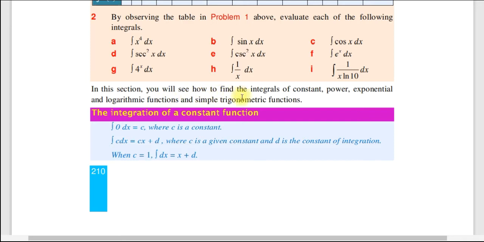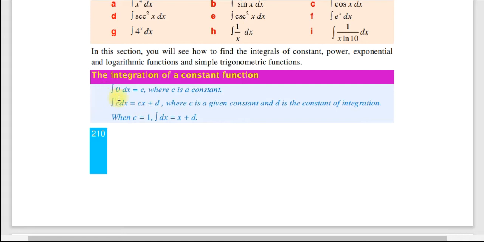Okay, so in this section you will see how to find the integral of a constant, power, exponential and logarithmic function and simple trigonometric function። እነዚህ ነገሮች እንዴት ዲፈረንሺየት እንደሚደረጉ ስናይ ነበር፣ አሁን ደግሞ እንዴት ኢንተግሬት እንደሚደረጉ እናያለን ማለት ነው። So የመጀመሪያው ኮንስታንት ፋንክሽን ነው፣ እንዴት ኢንተግሬት ይደረጋል? ስለዚህ the integral of 0 dx ማለት ኮንስታንት ነው፣ ይሄን መያዝ መቻል አለብን where c is a constant።